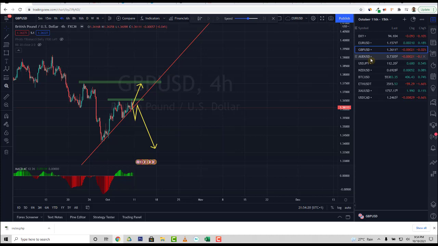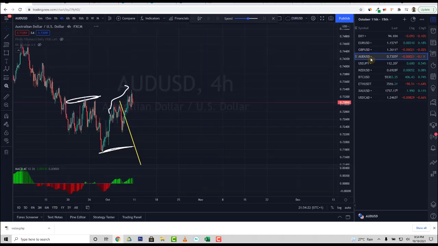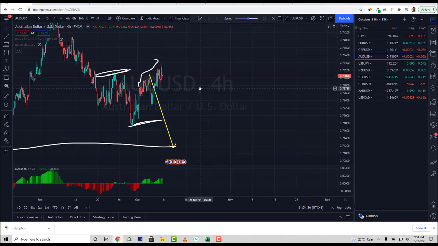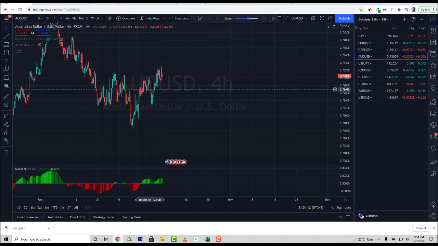So I'm going to move straight to AUDUSD. Okay, now my bias, I said AUDUSD is going to go down. It gave us a little bit of a move down here last week and then pulled up. I'm still biased to the downside on AUDUSD. All right, I'm still biased to the downside. So we've got this move up here,